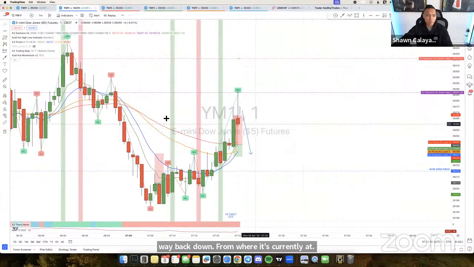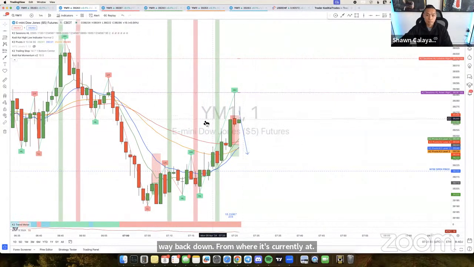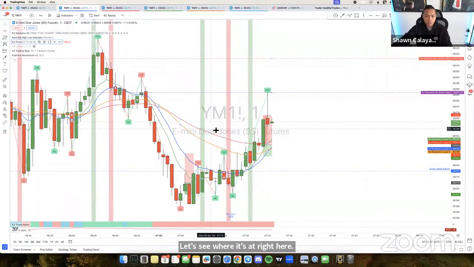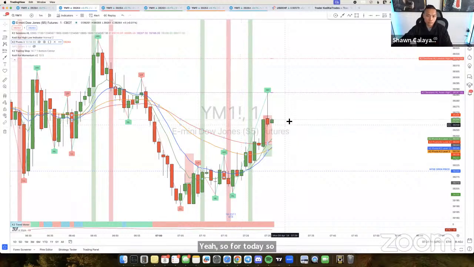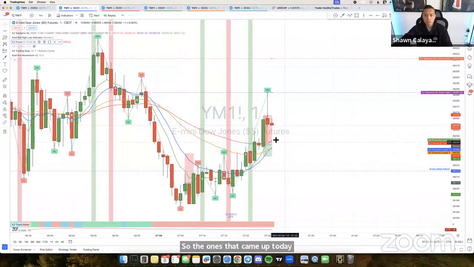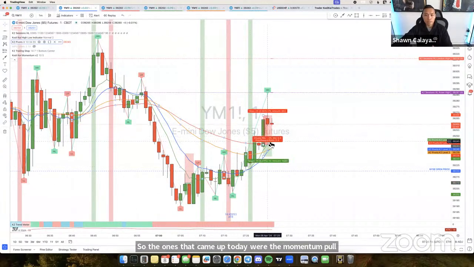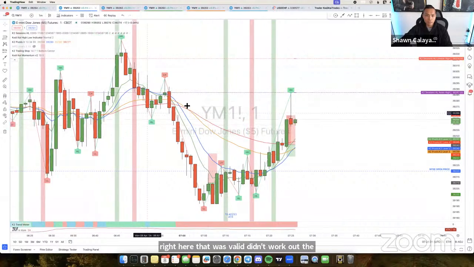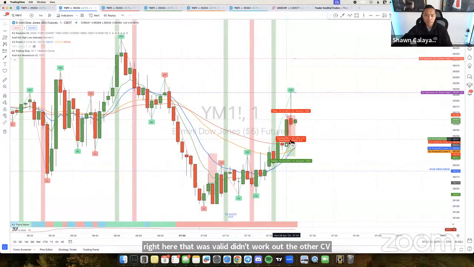Let's see where it's at right here. Yeah, so for today so far, we had a momentum. These are the only entries that came up that were actually valid. The ones that came up today were the momentum pullback scalp that happened right here. And then we had the CB entry right here that was valid, didn't work out. The other CB entries that came up over here, they all hit. So there were about 4 entries that came up today, 3 of them hit, 1 that didn't, which is